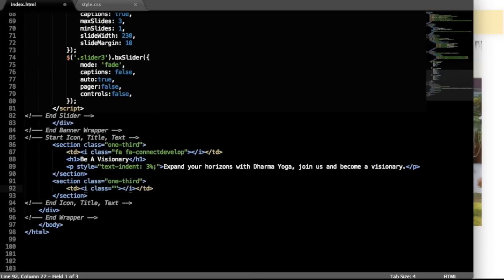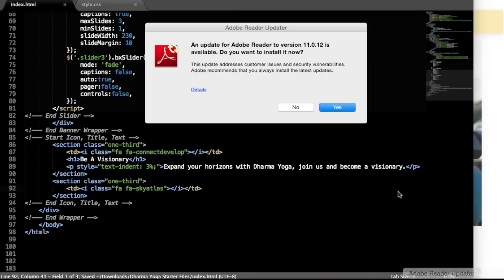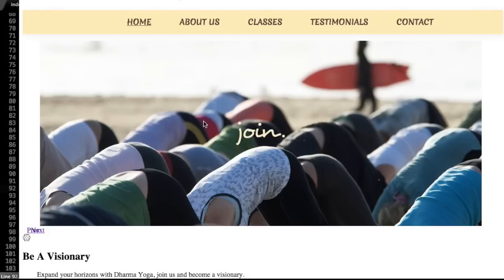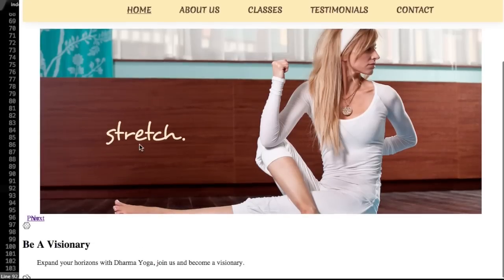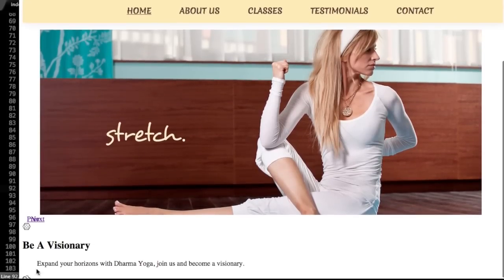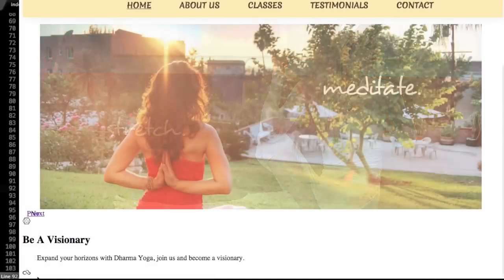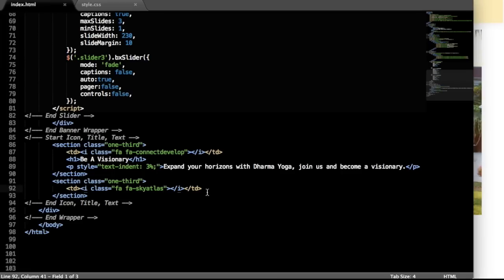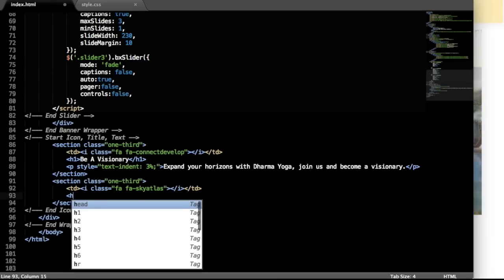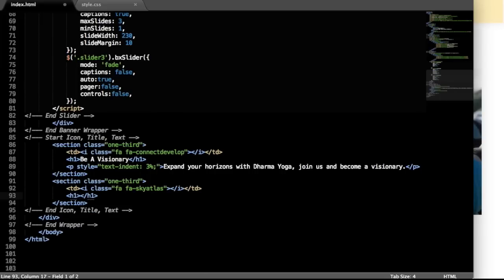So write i class, and this icon is called Sky Atlas. So you want to write FA Sky Atlas. Now the FA is just how Font Awesome references their icons. We don't really have any control over the class. Okay, so there's the Sky Atlas icon, and then let's add the next header 1, or heading 1,